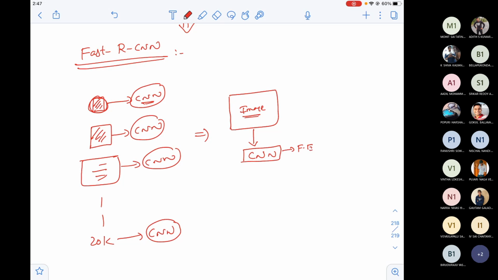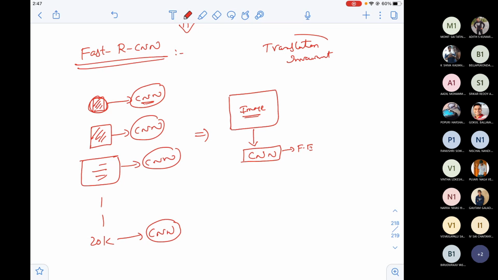What is the feature extraction part? Whatever layers you have before the fully connected layers, up to that point is called the feature extraction part. That feature extraction part is actually translation invariant. I don't know who got this question, which set got this question. It's actually called translation invariant.